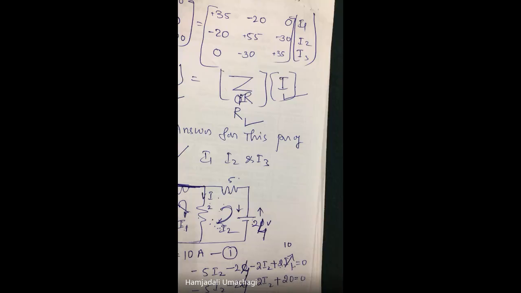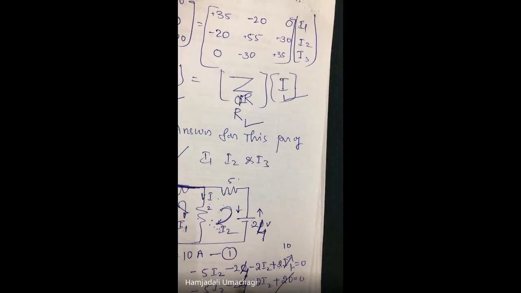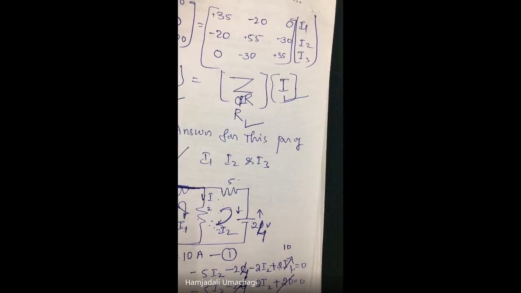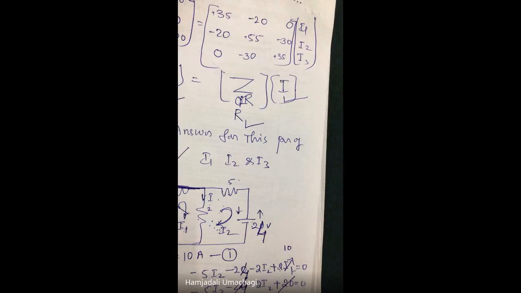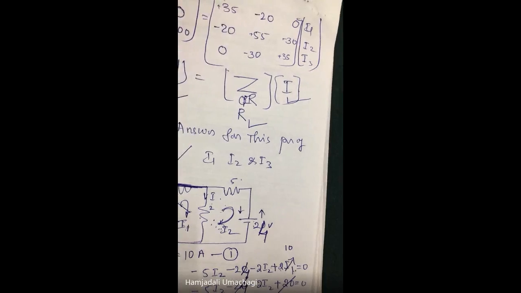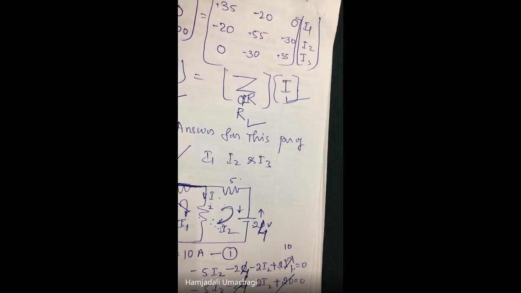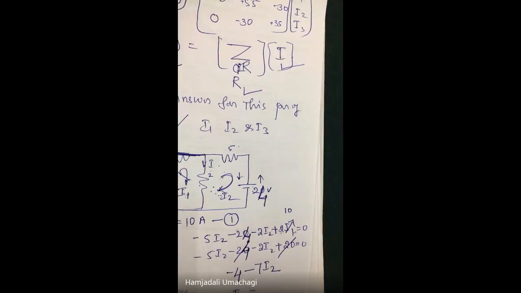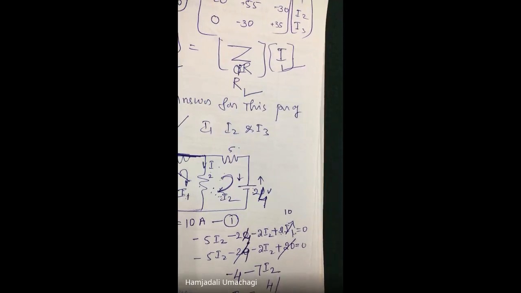Okay. 20, 20. It is minus 4. These two are minus 7I2. Then what's the current I2? Current I2 equal to 4 divided by